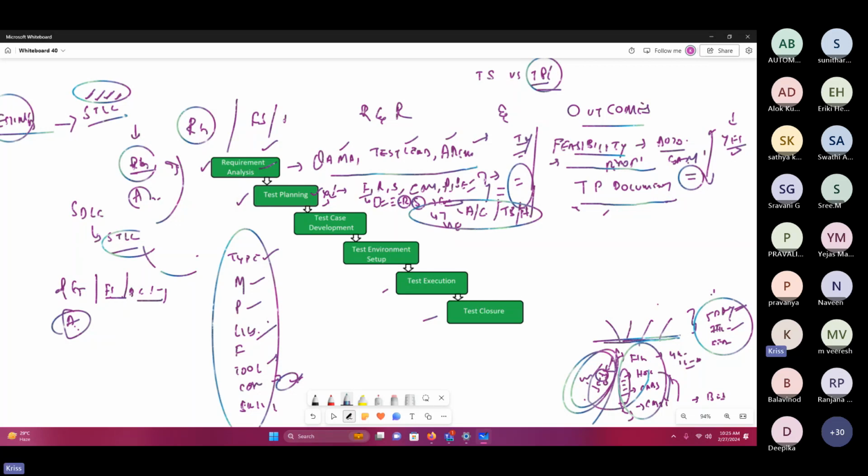Okay, so now the next phase we are going to is test case development. Now, what do we mean by test case development? First of all, we need to understand what a test case is, then you can understand test case development. Actually, this is the phase where a new life cycle gets started, a new phase, which is called